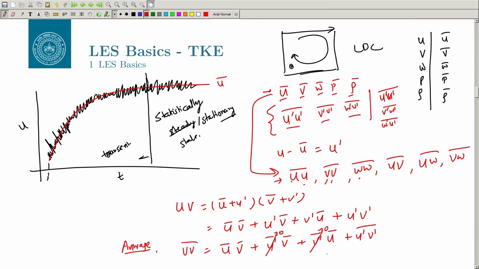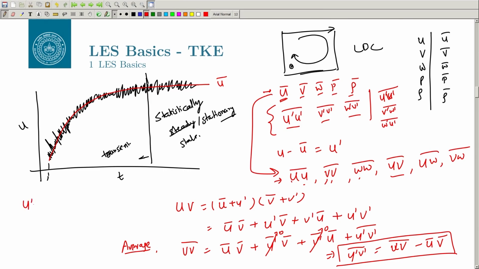So, now by using this you can get U prime V prime bar by just doing U V bar minus U bar V bar. Since you have stored all three quantities, you have stored U V bar and you separately stored U bar and V bar, you can calculate this U prime V prime bar. So, similarly you can calculate